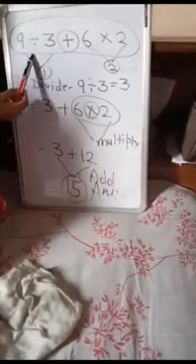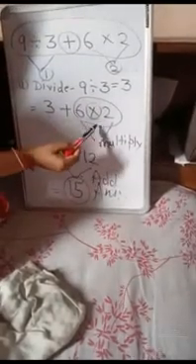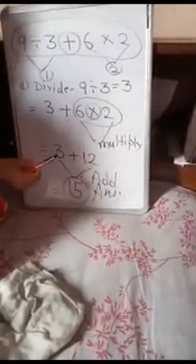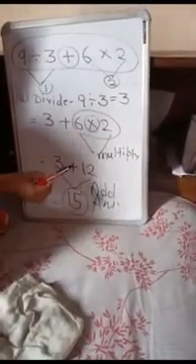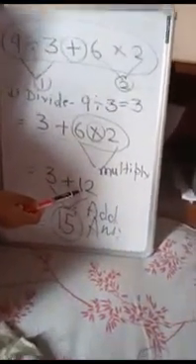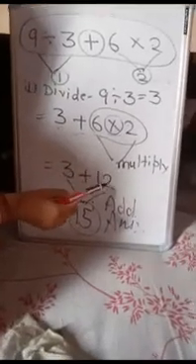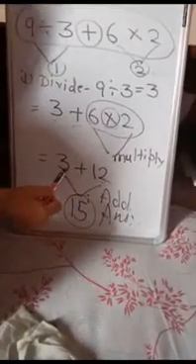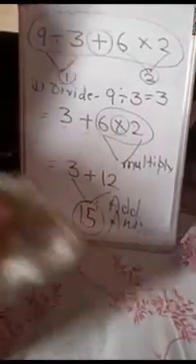So firstly what we have to do? Division sign. Then we have to write down all the signs and numbers as they are. Then in the second step we have to do the multiplication sign. Then we again copy down other numbers and signs as they are. 3 I have written, then plus, and then we do the operation. 6 multiplied by 2, 6 2s are 12. Now here 3 plus 12, only one operation is there. We will do this operation directly, that is the addition sign. 3 plus 12, it is 15. I hope all of you have understood.